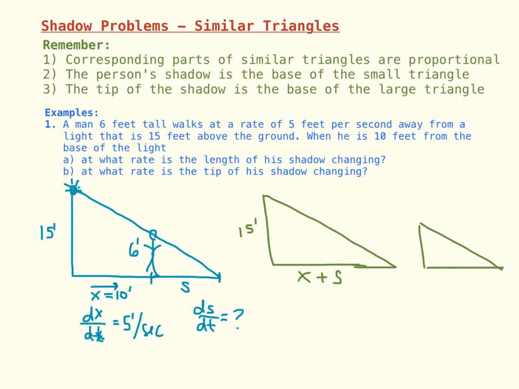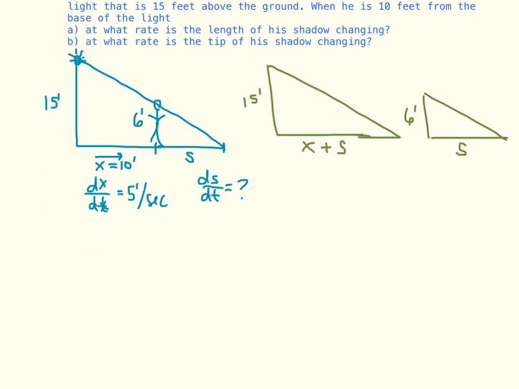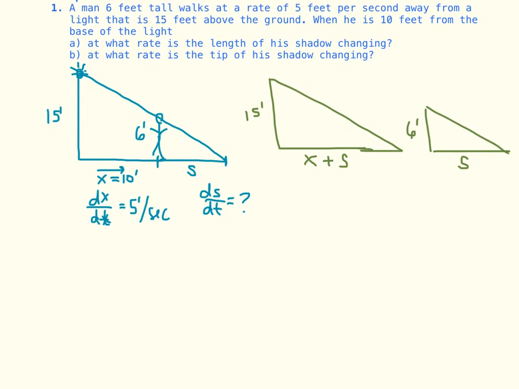Okay, our smaller triangle is just this portion right here from the man and his shadow. And so the left-hand side there would be 6 feet. That's the man's height. And the base of that is just the S, just the shadow. Okay, so what some of you may recall here and recognize is that what we're given in these two triangles